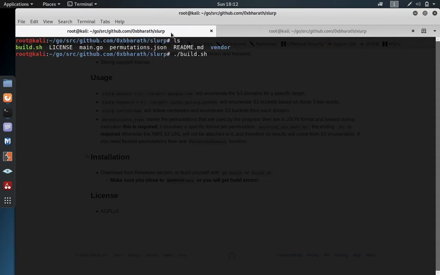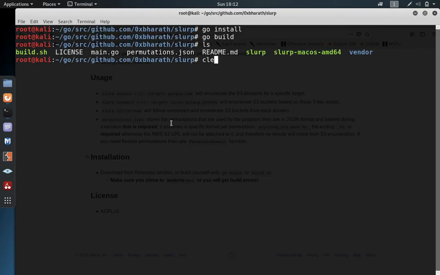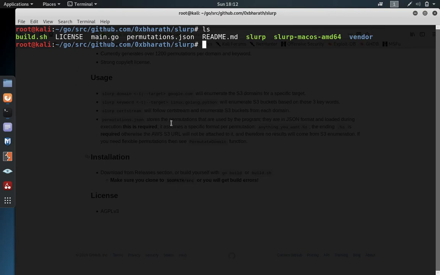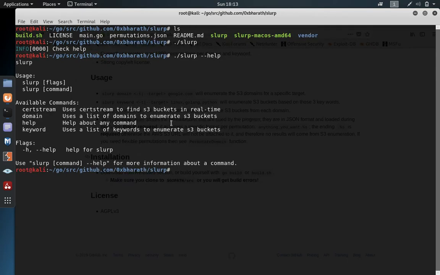Yes, we are done. So better I'll just close this, please excuse me for that. Okay, type ls and then simply type slurp, and this is the help menu. So there we go. It was very simple, guys.